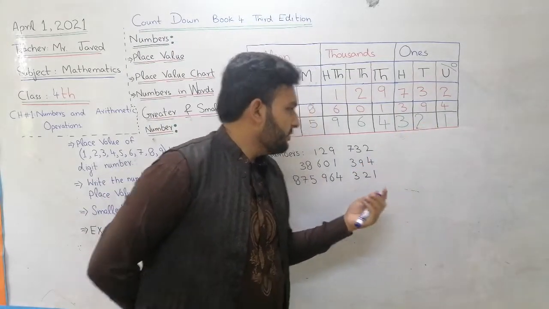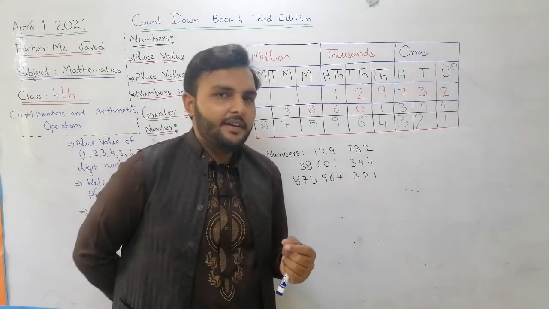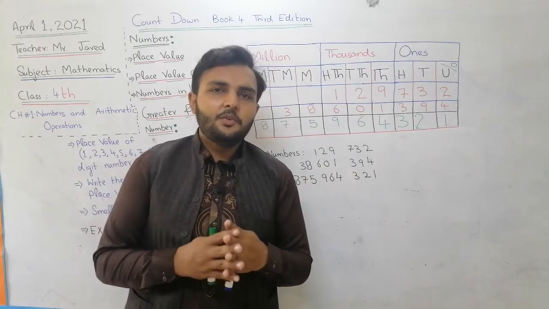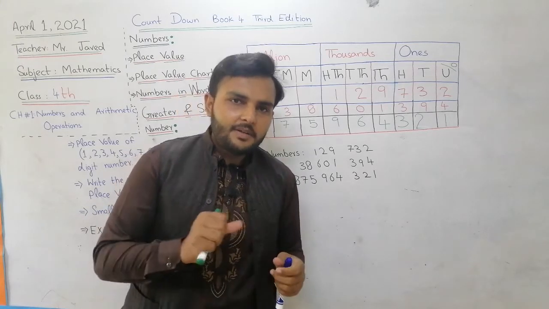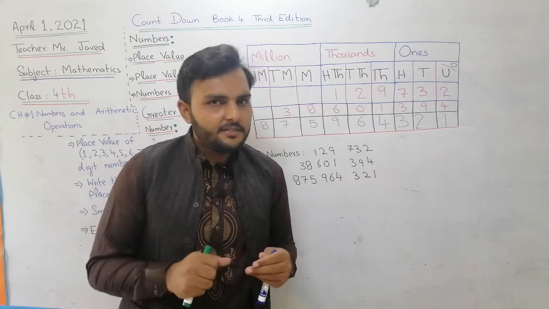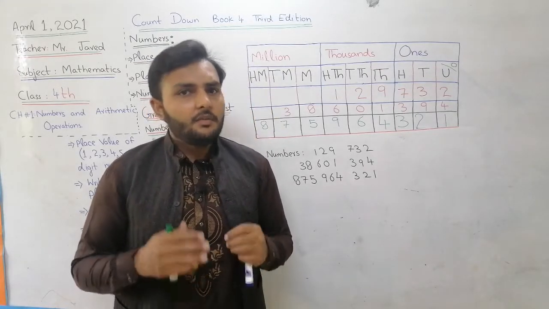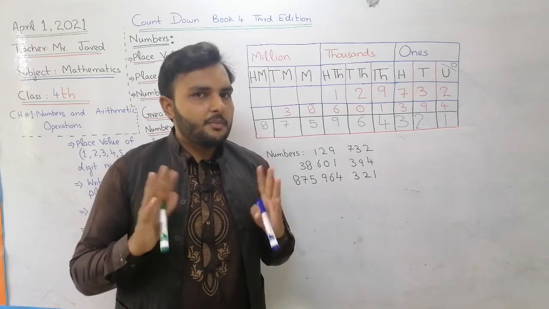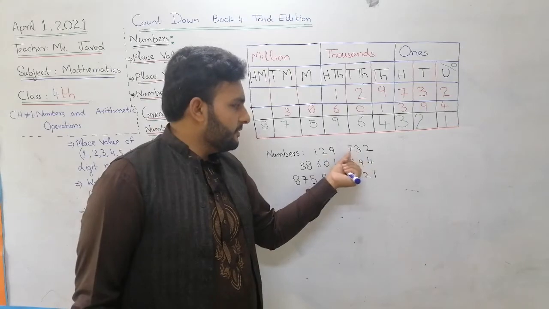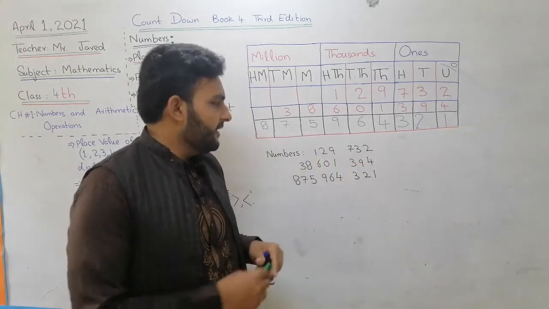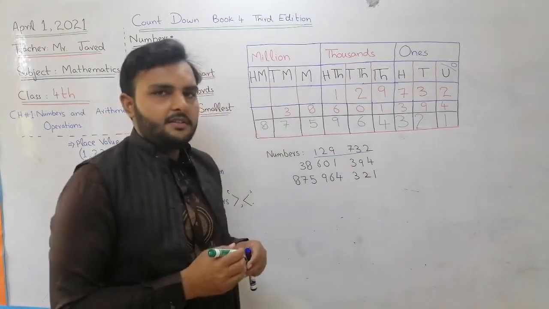Okay, when we are writing, like I have the number 3 and 3, 6, we have to find the place value of 6. If I have a 5 digit number, what will be the greatest place? If I have a 6 digit number, what will be the greatest digit place? We have to find this in our mind. It will be easy. Like this, if I have 1, 2, 3, 4, 5 and 6, this number has 6 digits.